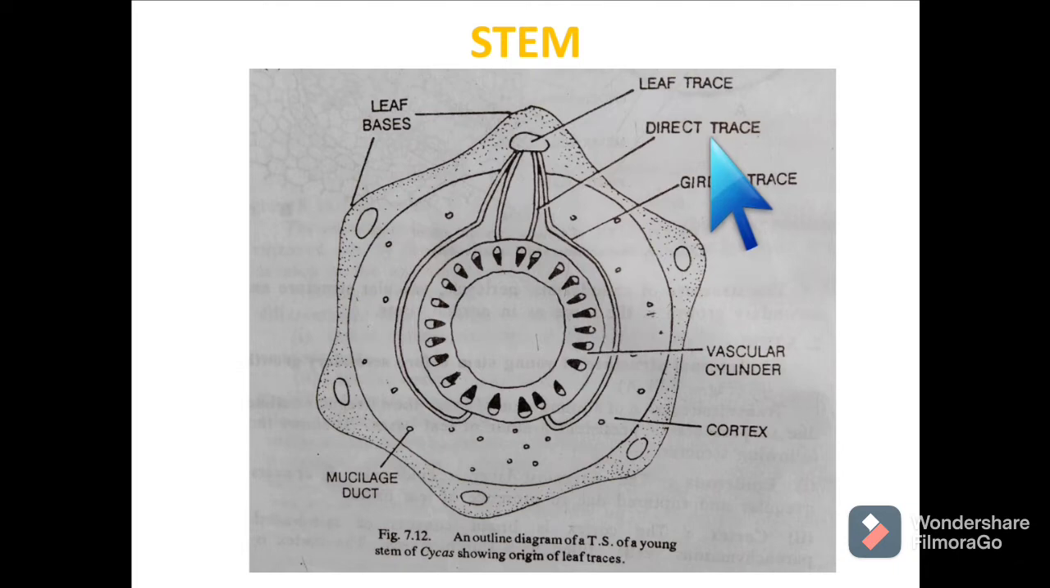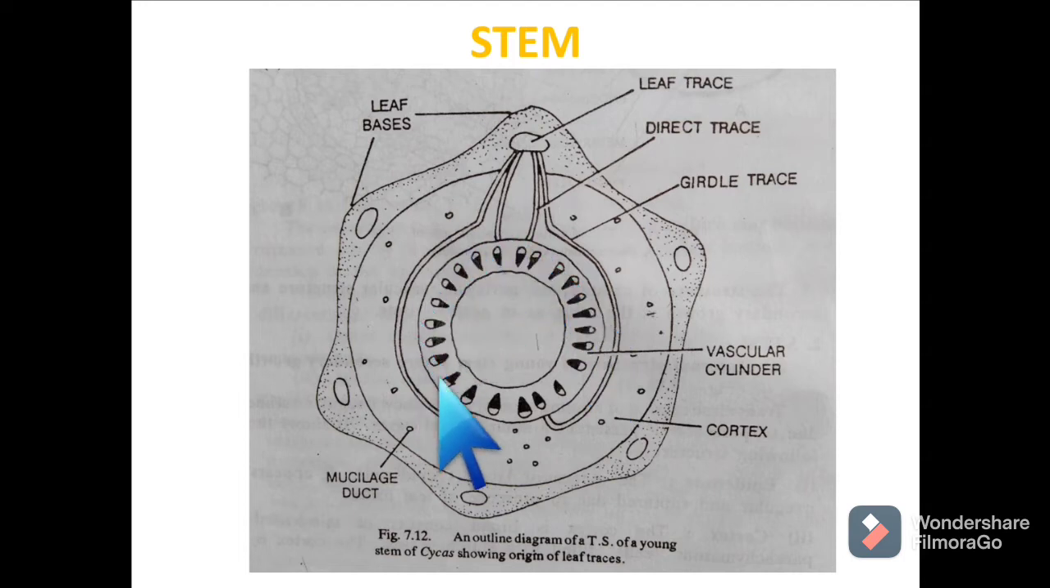Now, besides these direct traces, the other 2, this 1 and 2, emerge from the stele of the stem and curve in opposite directions. Both of these, this one from this direction and this other one from this direction, emerge from the stem stele and curve in opposite directions and encircle, or girdle, around